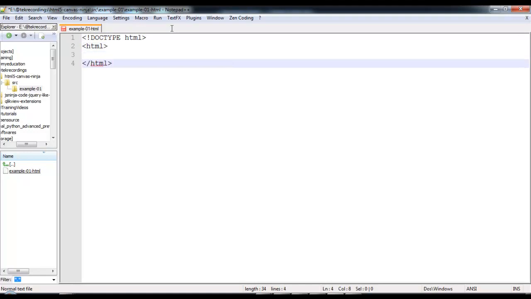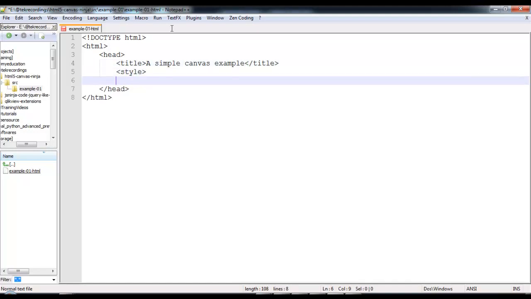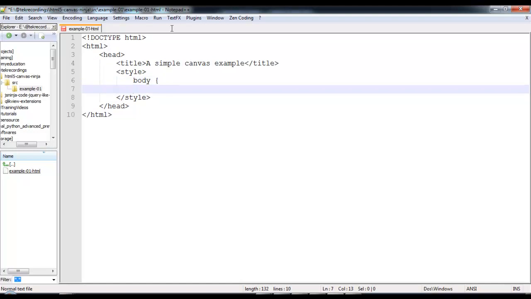So here I am creating a boilerplate HTML code which we will be using throughout our Canvas application. Add a simple title. Also I will add some basic CSS for styling our canvas element.